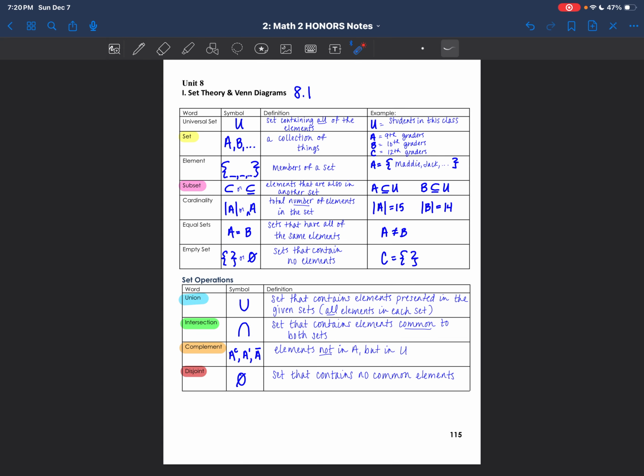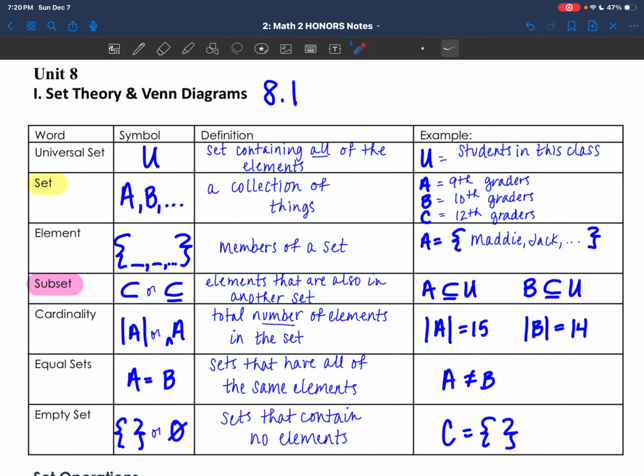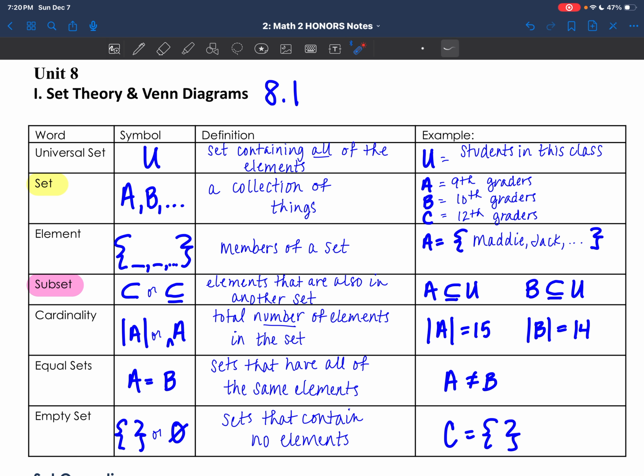All right, today what we're going to talk about is our probability unit. So we'll be focusing on set theory and Venn diagrams. First, we need to get started with some vocabulary. So make sure you copy this down along with the